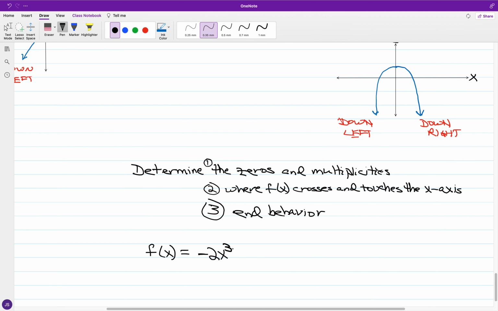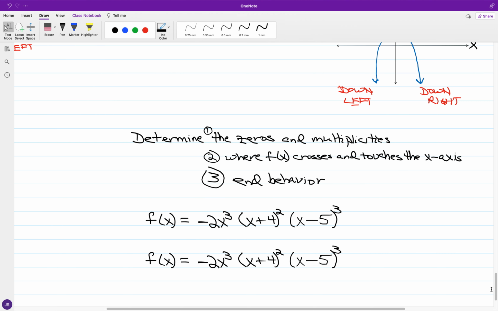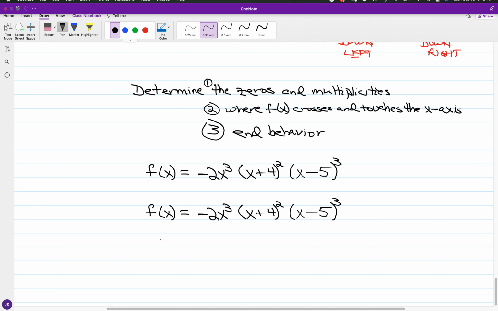2x cubed, and we'll say have times x plus 4 to the second, and we'll say that we have times, we'll say have x minus 5 to the third. Okay. So this is what we have in the case of f of x. So you got a factored form. Okay. Now before I had expanded forms, okay, but now for the highest degree term, what you're going to do,